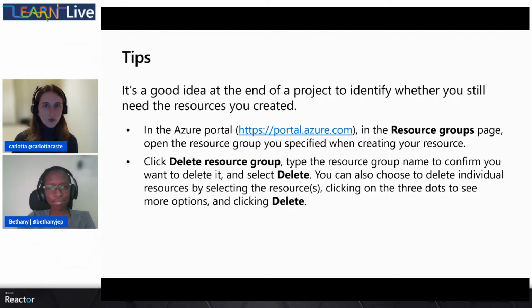And in order to do so, you can use the Azure Portal user interface. So you have a delete button both for the resource and the resource group. And you will be asked to type the name of the resource or the resource group in order to confirm that you want to delete the item. So please remember that this is a very good tip